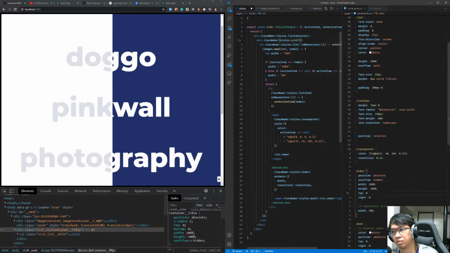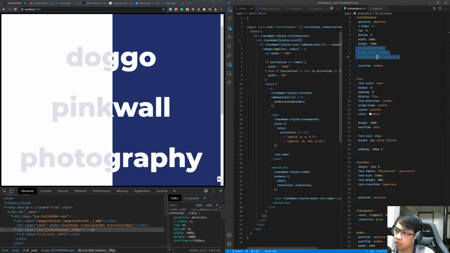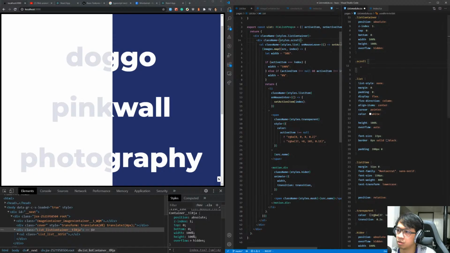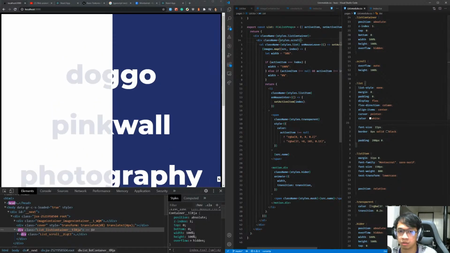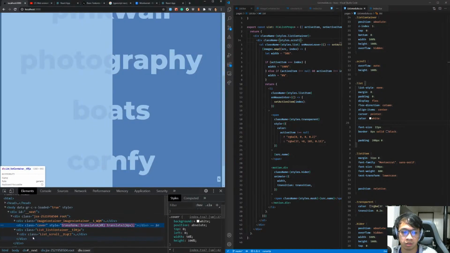I think that's an easy name to remember. Let's see, list container. Can remove these. Don't need that. Let's scroll. Overflow auto. Should move this one as well. Don't need that there. Okay. Now the UL